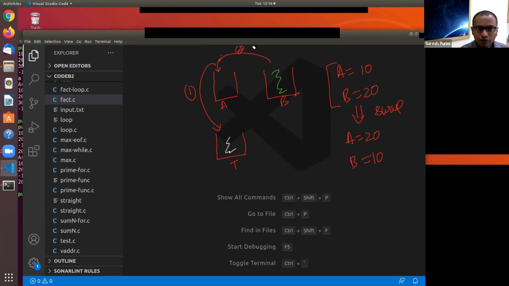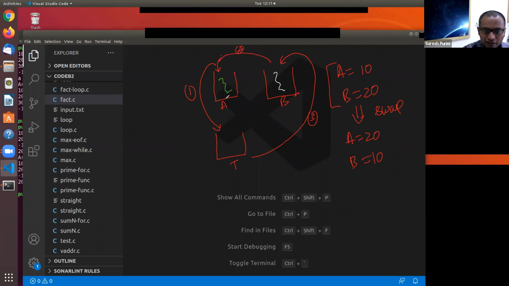So after you do that, what do you get? Now tumbler A contains the juice. And what is step three? Step three is you transfer the contents of tumbler T to tumbler B. So you are with me here, right? Do you understand this? I hope you understood this idea.